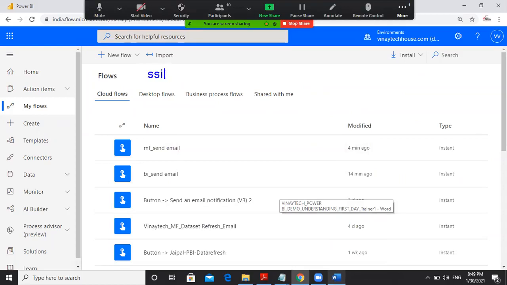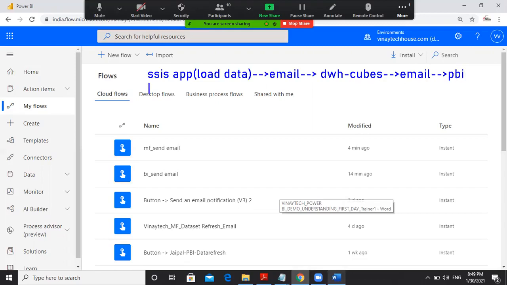And in my company, we are currently using this, recently started. What we are doing is the SSIS application calling to load data. Later, a successful loading email we are sending, in the sense the system will send. After that, the data is loaded from the data warehouse to cubes. Once this is completed, it sends an email. Finally, the Power BI data set refresh, the same thing whatever we did, and then sending an email to users to see the report. Here we have a set of operations and I'm running them as a flow. For these kinds of operations, we go for Microsoft Flow.